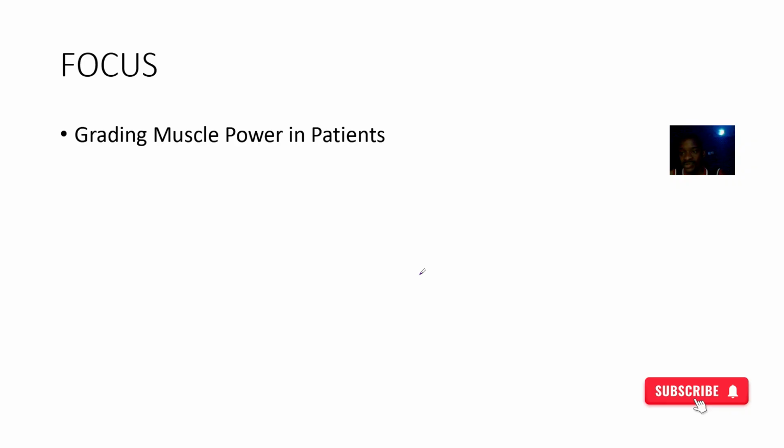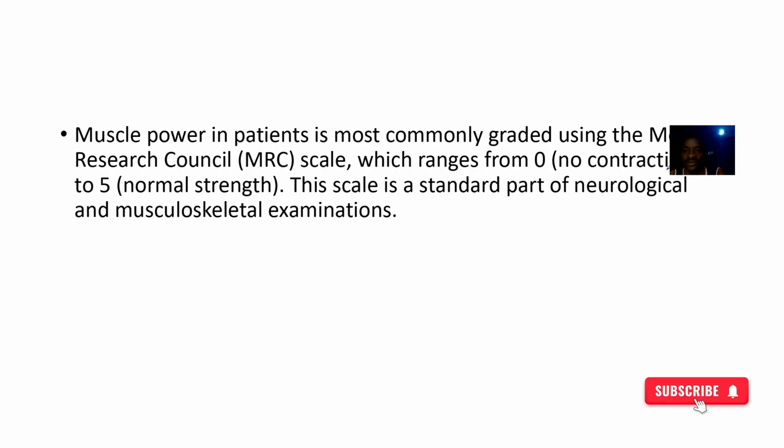grading the power of muscles in patients, right? So if you are grading them, you commonly use what is known as the Medical Research Council scale, which ranges from, you are trying to grade the muscle strength from 0 to 5. Okay, so the scale is what we always use. So let's look at the different criteria that we can use to say, okay, this person's muscle strength falls within 0, falls within 1, falls within 2, falls within 3, falls within 4, and the rest of